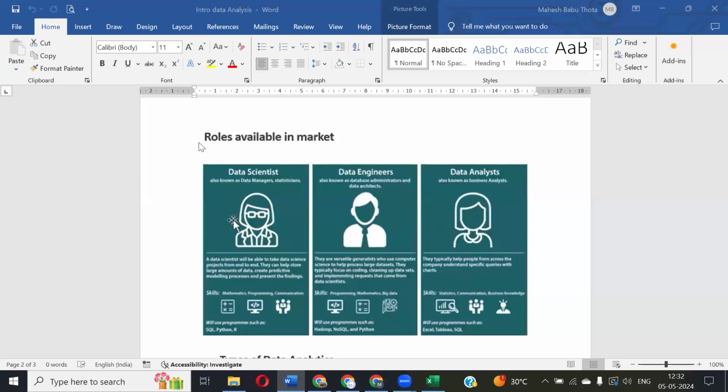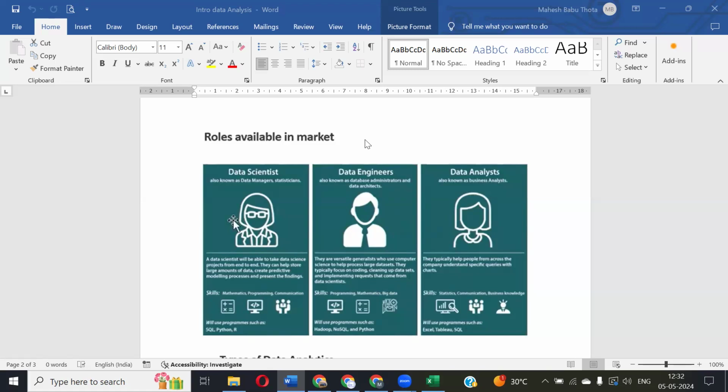Sorry, guys. So the data analyst, the data engineers, and the data scientists. As a data analyst, what's the role of each person, and what are the tools and skill set we require if you want to act as a data scientist or data engineer? We will see. Suppose straight away as a fresher, if you want to start as a data scientist,